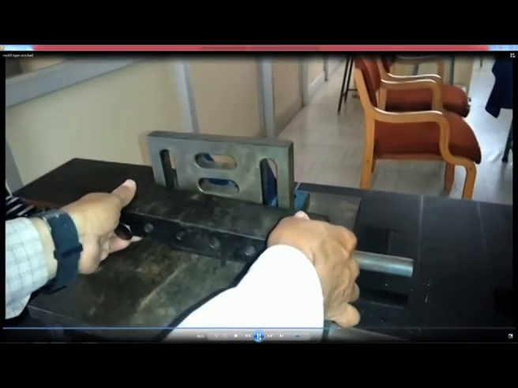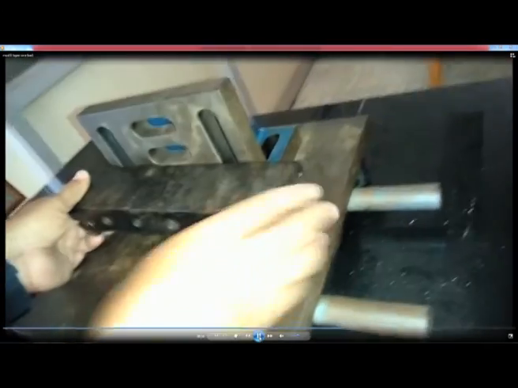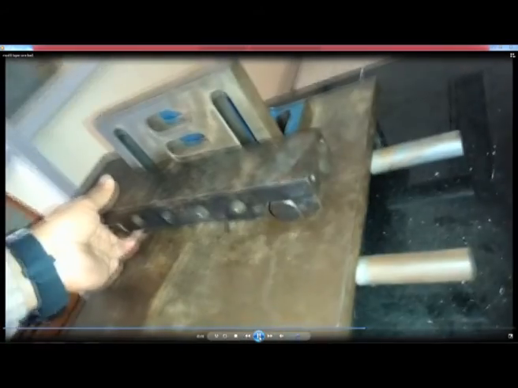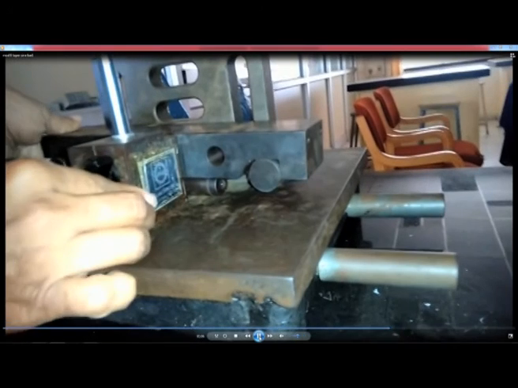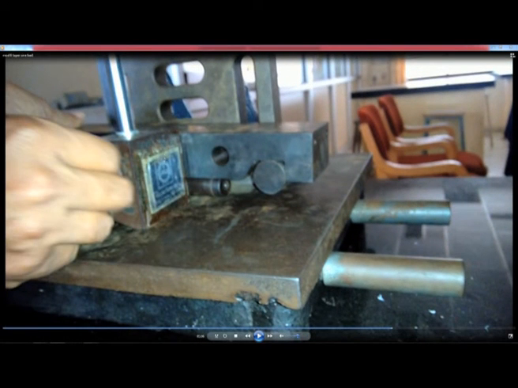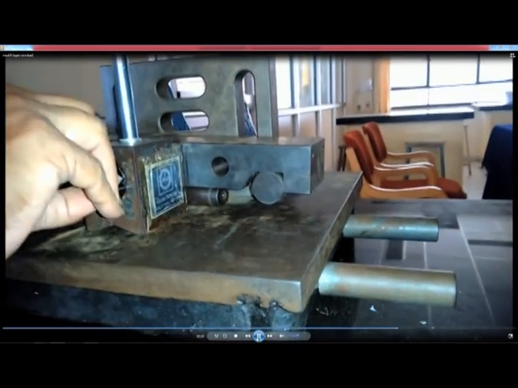Now, we have to mount the sine bar on the workpiece, that is the tapered component, and then we have to keep the magnetic stand in front of the sine bar so that it will not fall. So, on the back side we have the angle plate, and from the front side we have a magnetic stand to support the sine bar, and then the magnetic stand is switched on.